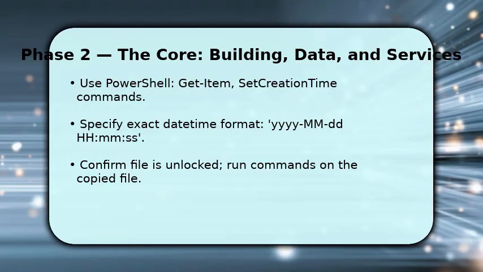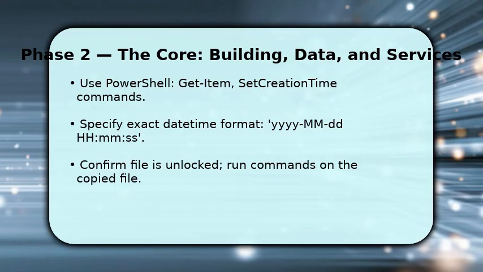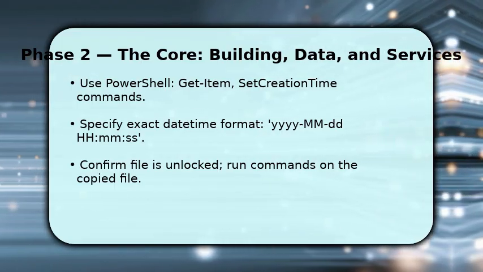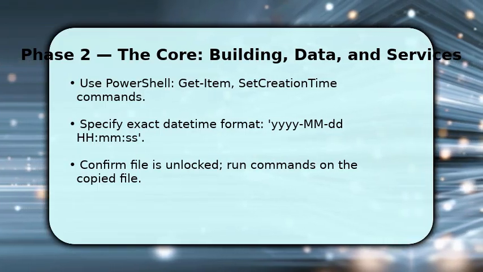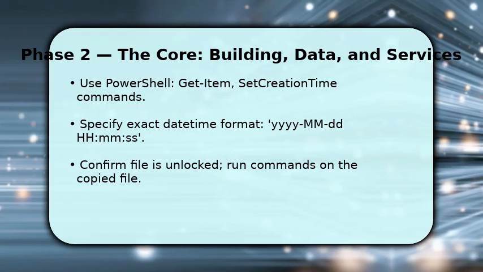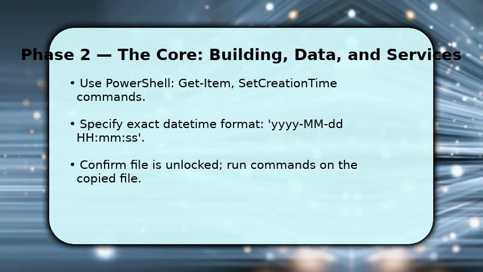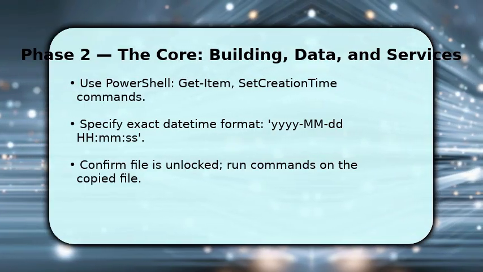You will run PowerShell commands to alter the file system creation date. First, use Get-Item to reference the copy, then set CreationTime with the exact date-time string, for example 2020-06-15 09:30:00. Once executed, verify using Get-Item to read CreationTime, LastWriteTime, and LastAccessTime so you understand